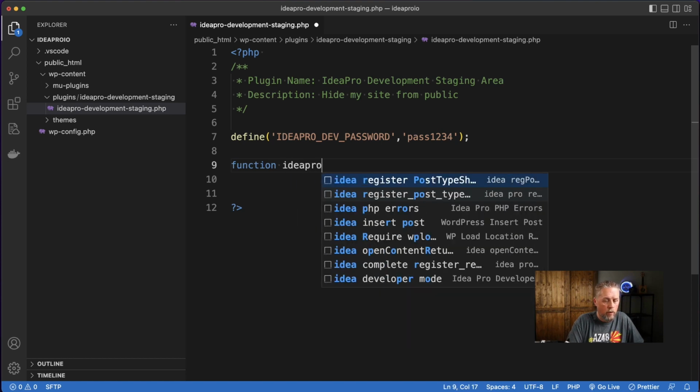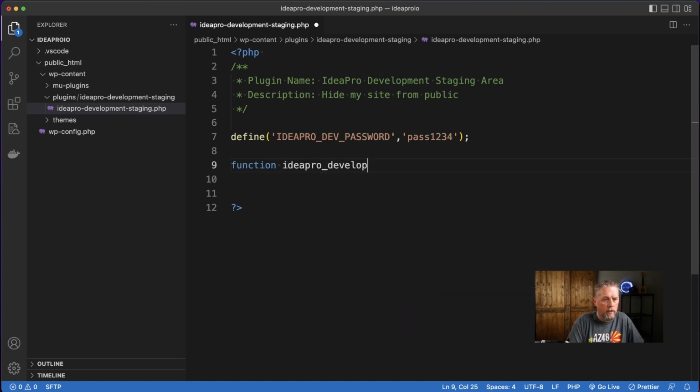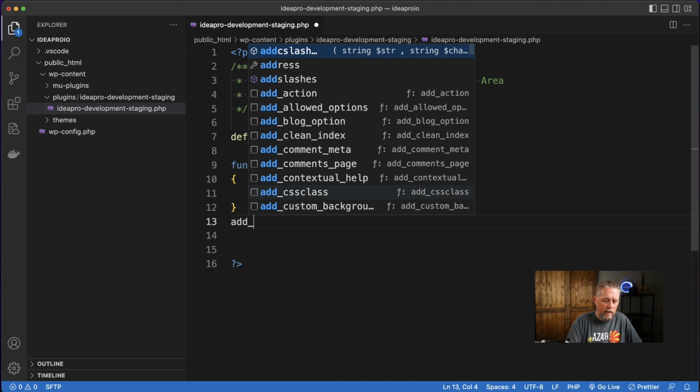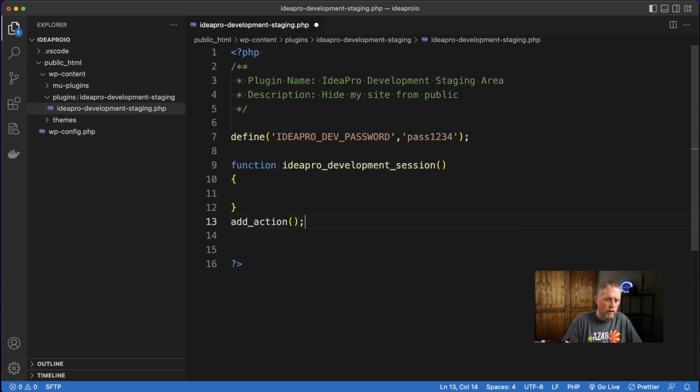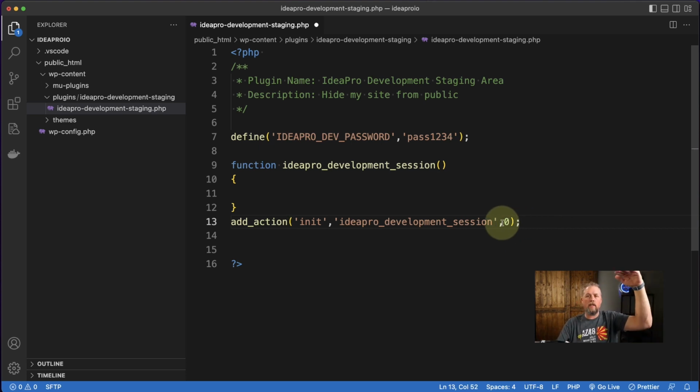So we're going to say Idea Pro development session. Okay, and we're going to add an action underneath it, and that action is going to be init. And what that does is it initializes when WordPress loads, and then our second argument here is going to be our function, and then our third argument is going to be a 0. We want this to fire as high up on the totem pole as it can fire so that we get